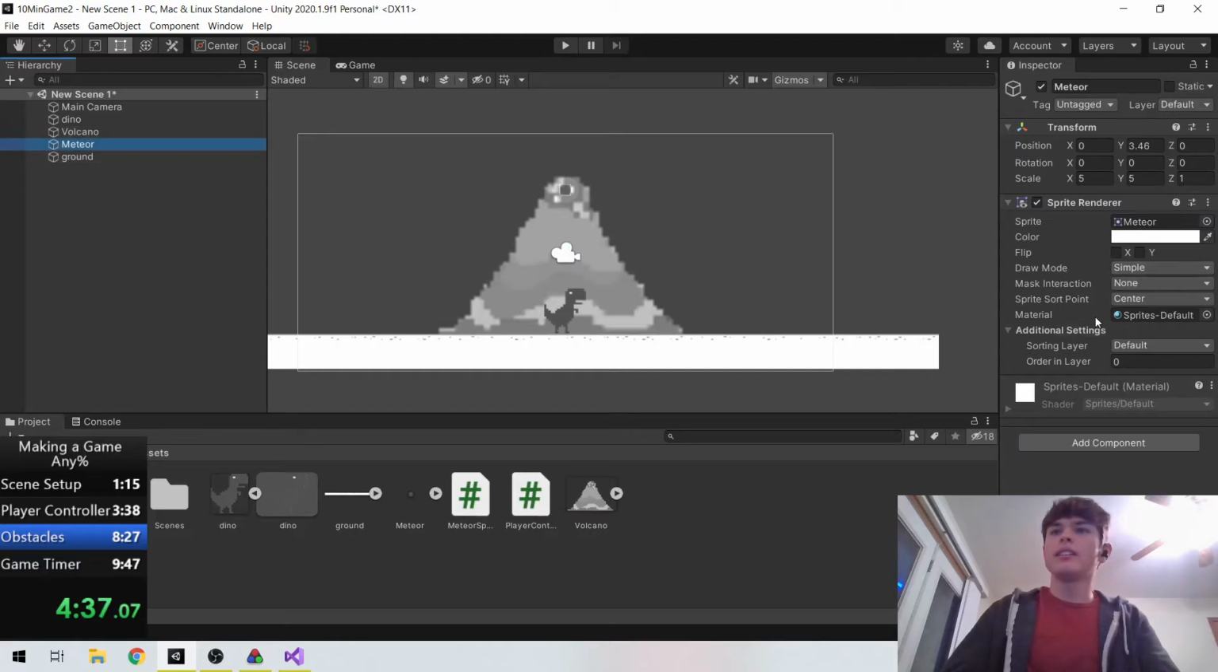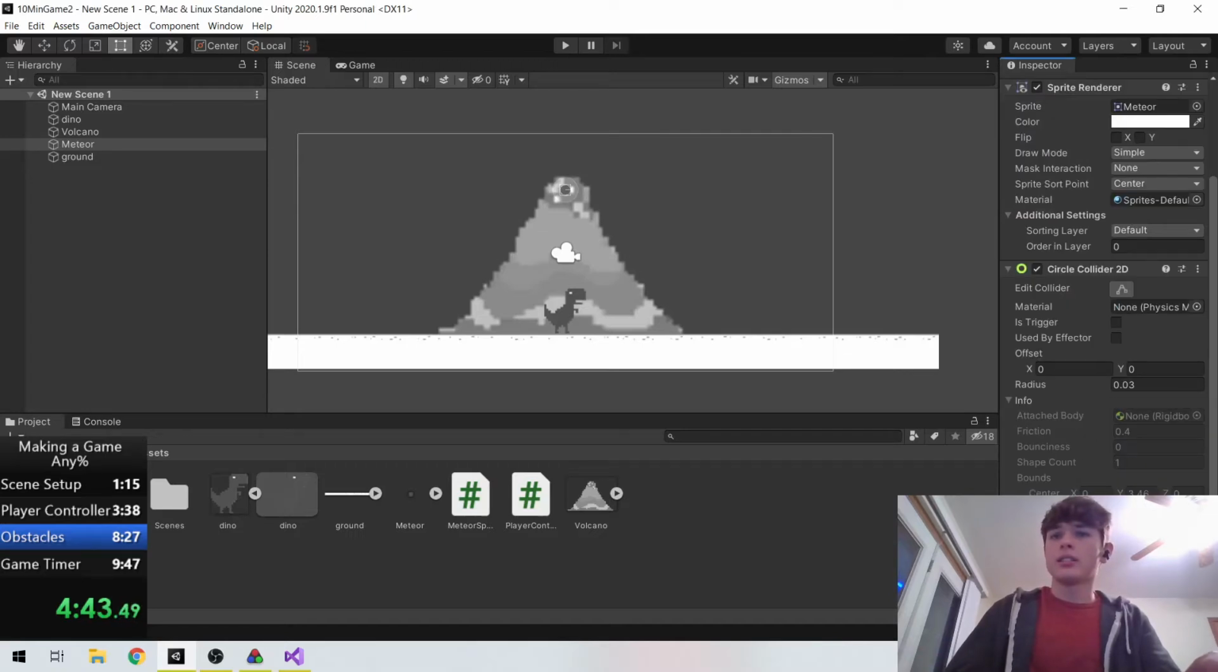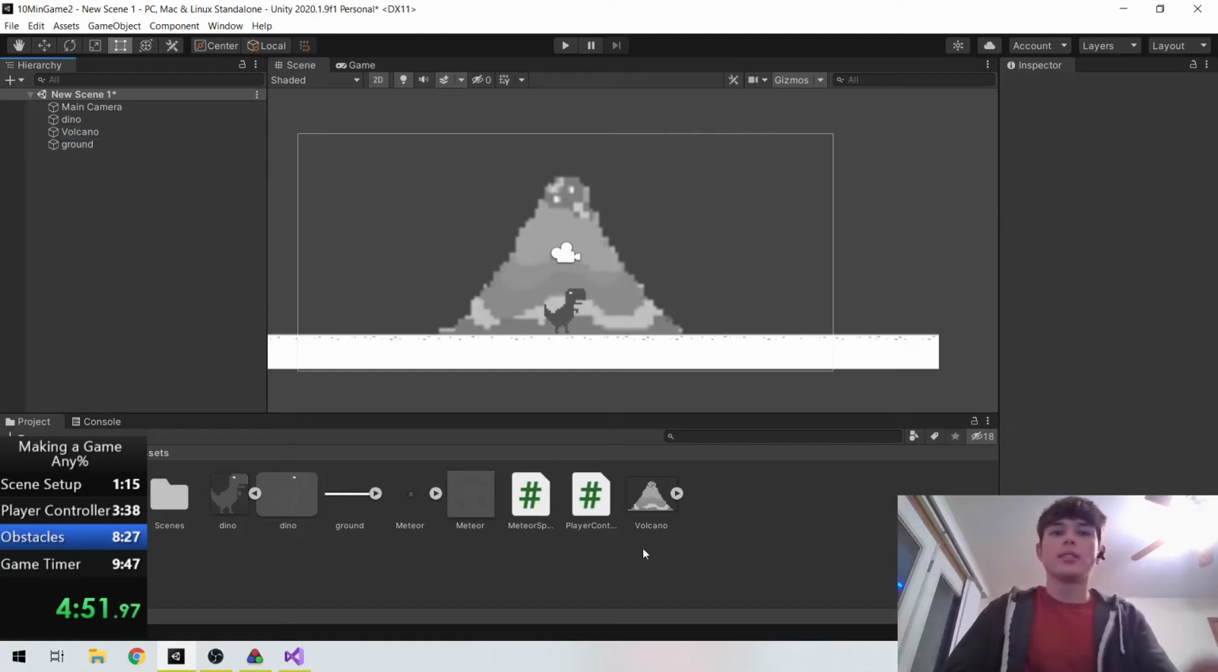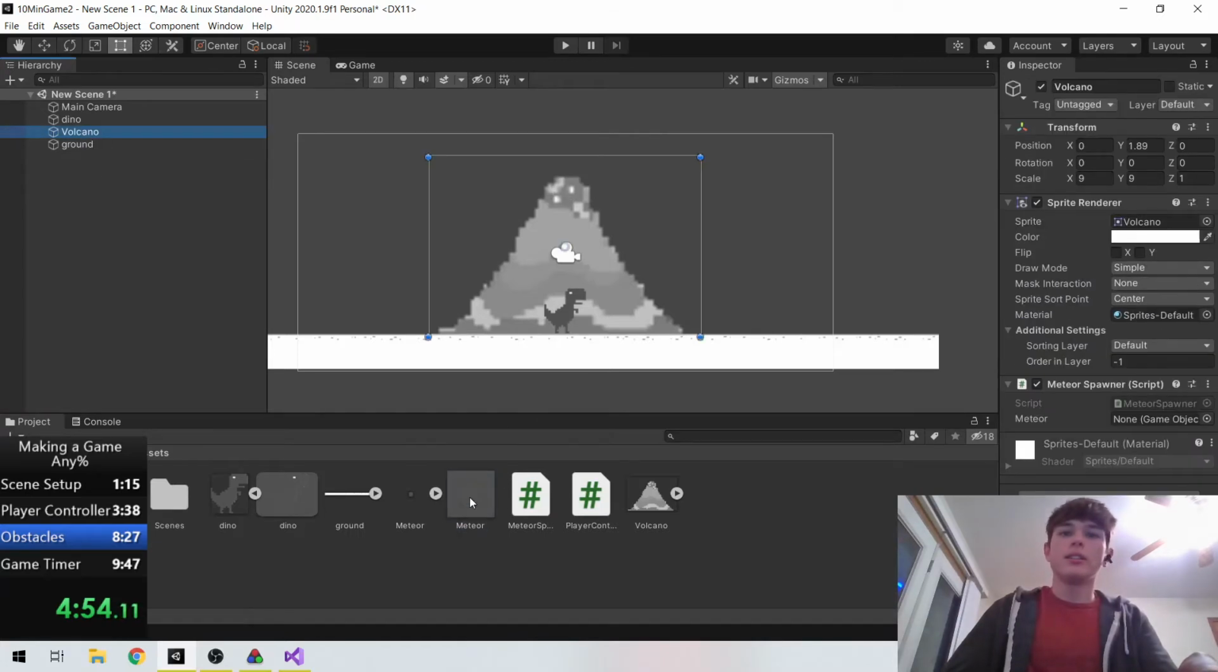And our meteors, we don't really have anything yet. Let's give them a circle collider, and then let's give them a rigid body. So this will give them a little bit of physics. And we're going to drag it in here to make it a prefab, and then we're going to delete it in our scene. Now we can drag this into our meteor spawner,